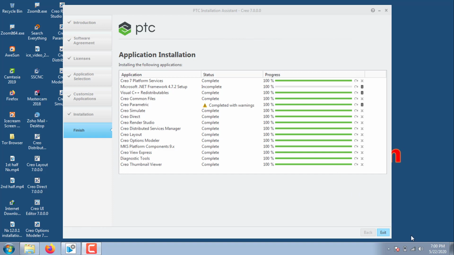The installation has been completed. Now you see all the things, and we have to click exit,